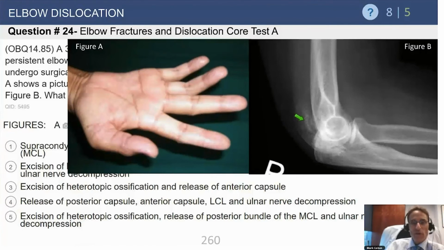And for reasons we don't fully understand, the one joint in the body that is most prone to heterotopic bone is the elbow. It's proportional to the severity of the injury. You see it in about 3% of elbow dislocations, but you can see it in up to 1/3 of elbow fracture dislocations. The other important take-home is that when the elbow gets injured, whether it's a radial head fracture, whether it's a terrible triad,